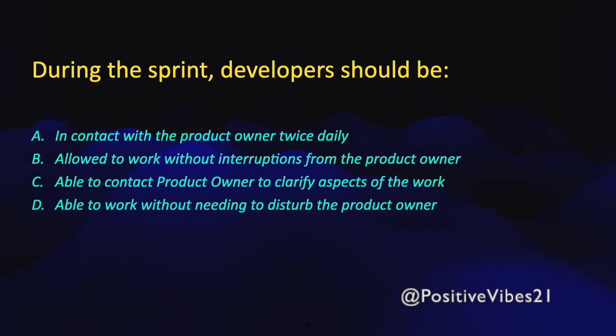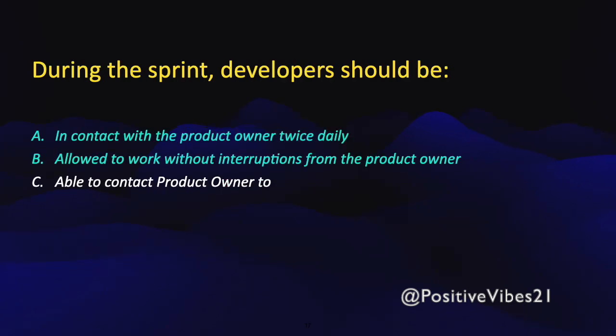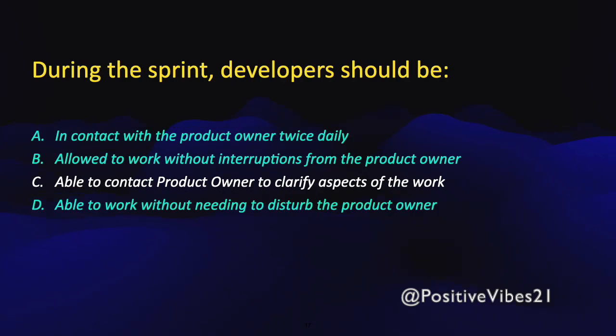During the sprint, developers should be in contact with the product owner twice daily, allowed to work without interruptions from the product owner, able to contact the product owner to clarify aspects of the work, or able to work without needing to disturb the product owner. So I think the right answer should be C, able to